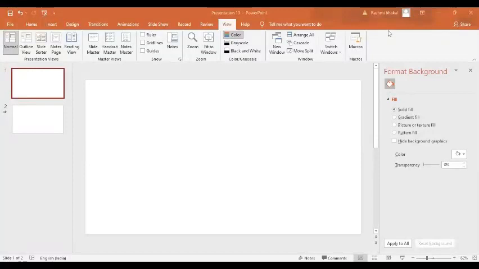So today we are going to see how to use the morph transition to change the background of the slide. There are various ways by which we can do this. Here you can see for the second slide, I've already given it the morph transition effect. Okay, now let's begin. Let's start with the first slide.